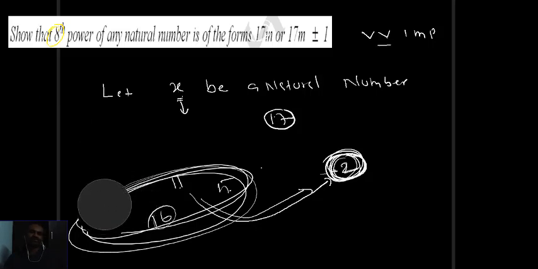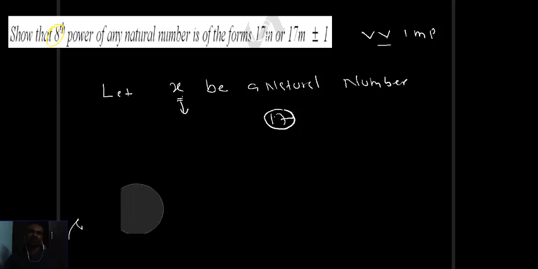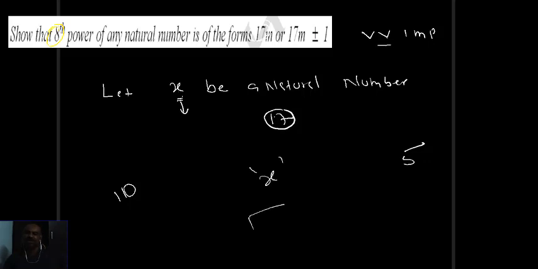Understood? Take 5, a prime number. Take any natural number of your wish, say 11. 11 and 5 are co-prime. Take 10. 10 and 5 are not co-prime, but 10 is a multiple of 5. What I am saying is that if x is a prime number, take any natural number; this natural number is either a multiple of x or co-prime to x. That's all.